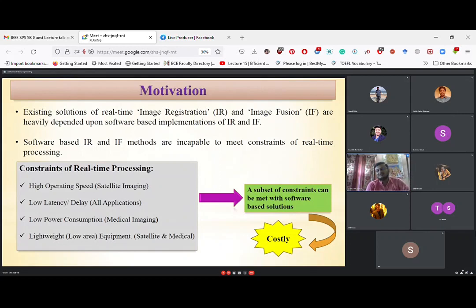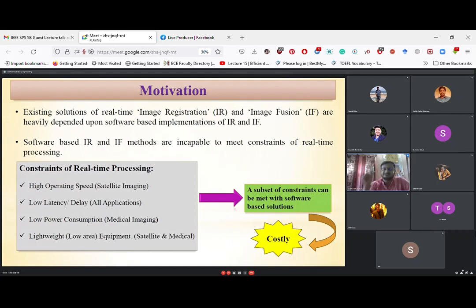Even nowadays, GPUs are invented for very high speed operation. So what is the need for hardware? Achieving very high speed by using a GPU incurs high cost as well as high power consumption. That means recurring cost as well as installation or setup cost, both are more. So if you want to do that in a cost effective way in a country like India, you need to go for dedicated hardware.